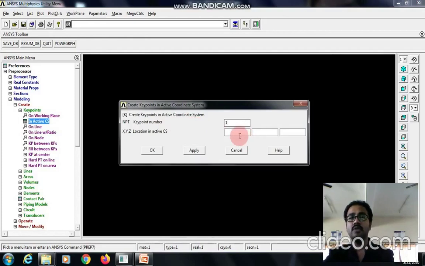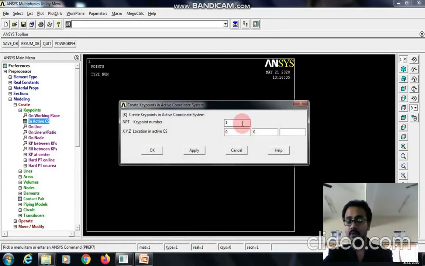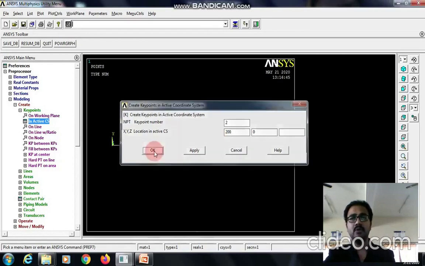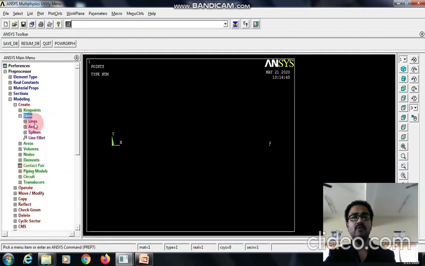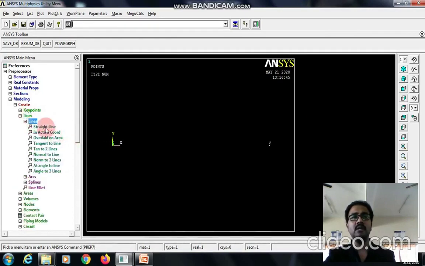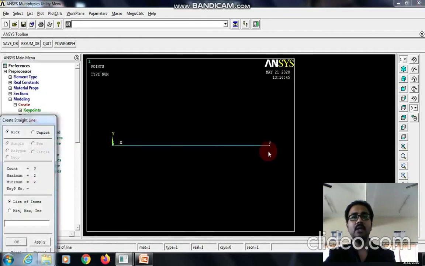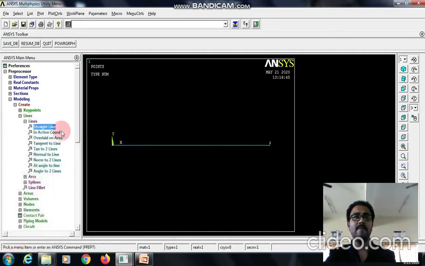Go with key point 1 as the reference one, 0, 0, apply, and key point 2, the total distance is 200. If you want, you can go with 3 key points also, but I feel this is sufficient, so I will be going with only 2 key points. Then I will create a straight line by picking node 1 and node 2, give OK.